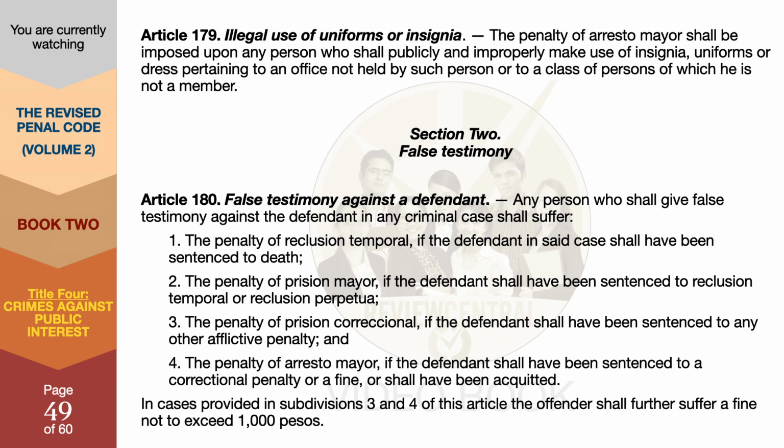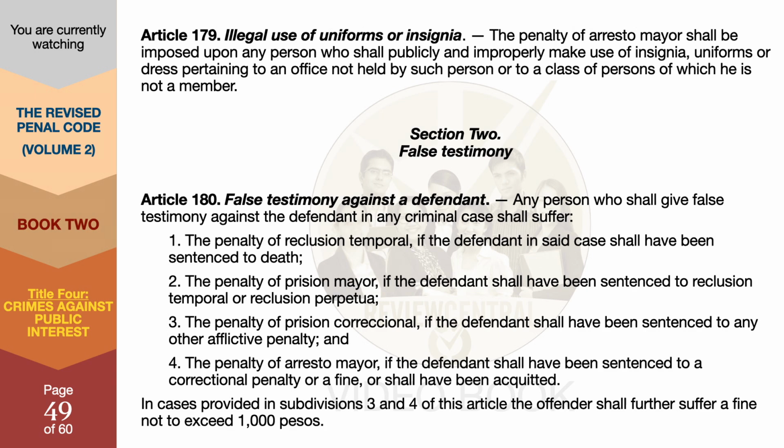Section 2. False testimony. Article 180. False testimony against a defendant. Any person who shall give false testimony against the defendant in any criminal case shall suffer: 1. The penalty of reclusion temporal, if the defendant in said case shall have been sentenced to death. 2. The penalty of prisión mayor, if the defendant shall have been sentenced to reclusion temporal or reclusion perpetua. 3. The penalty of prisión correccional, if the defendant shall have been sentenced to any other afflictive penalty, and